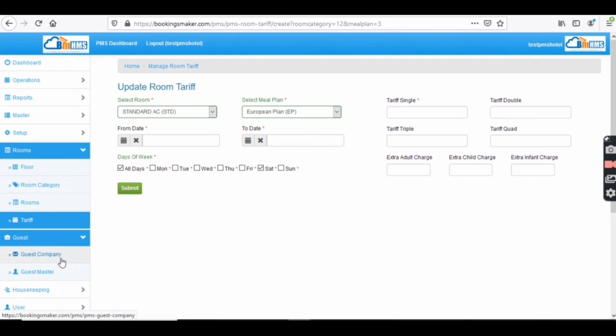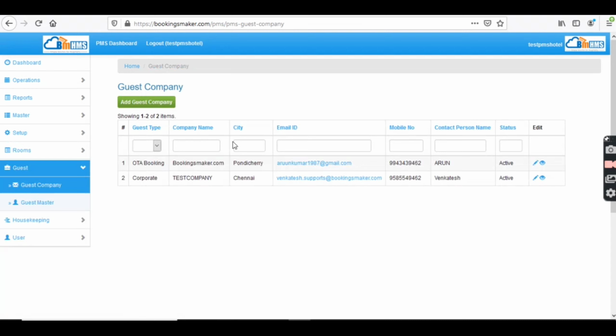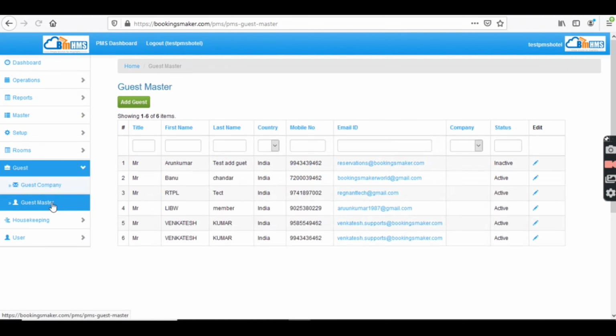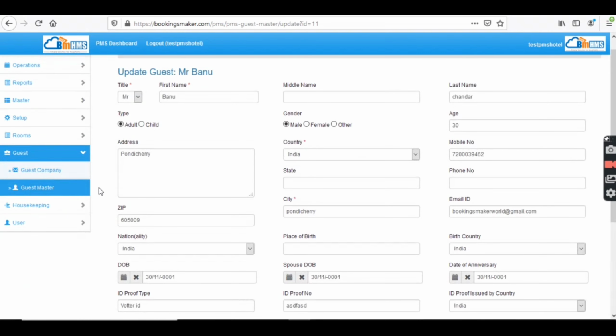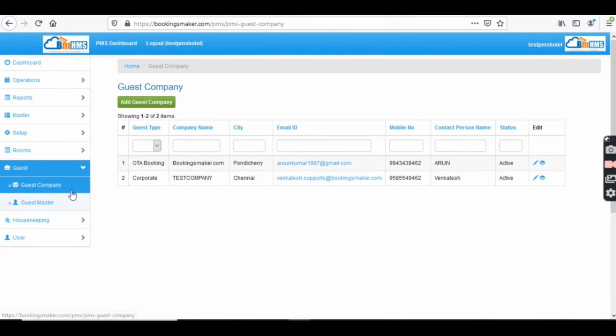And guest company, this is for corporates. Whenever you are adding a corporate, it will be displayed here. So once you type the mobile number, by default you will get all those details on the reservation, no need to feed every time. Guest master, so all the check-in guest master will be shown here. You can make any customer inactive, so they will be like a block list. So when you are doing the next booking, that customer will show up on the blacklist. And here in the special note, you can mention the room numbers, so whenever they come it will reflect, and according to their preference we can give the room. So all the customer masters will be displayed here. You can download anytime and you can save from your desktop too.